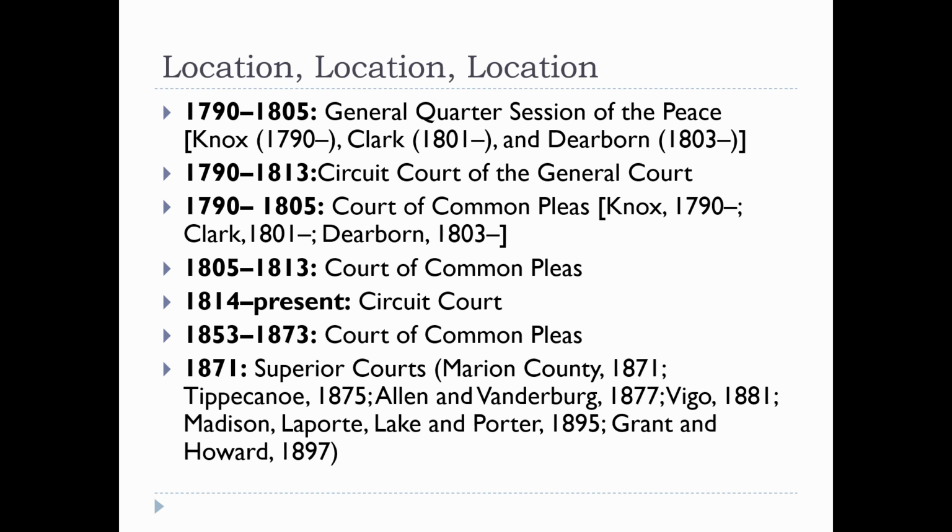We have different things throughout the time as we were still a territory. We had circuit courts. We had Court of Common Pleas. That is a term a lot of states used, however most have gotten rid of it as a distinction for civil cases. Some states like Ohio will still use it, but for the most part, it's fallen out of favor. As we go through here, it morphs over time. Early on we do get what's called a circuit court, and that's the term that's still used today,